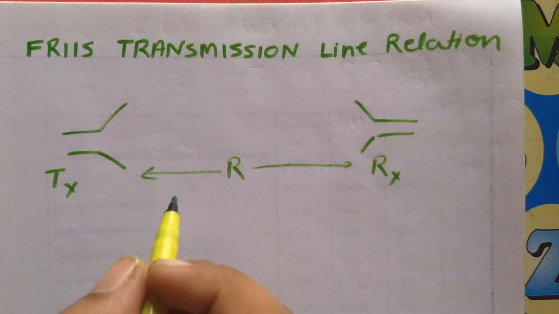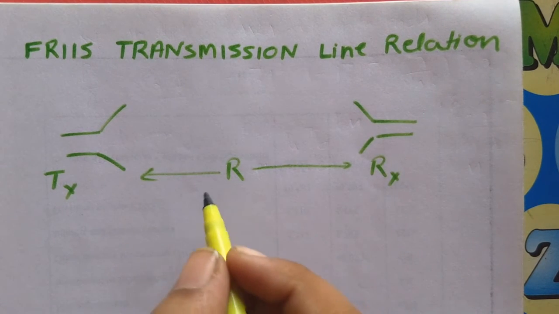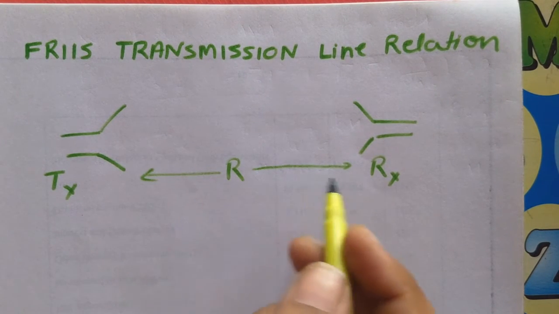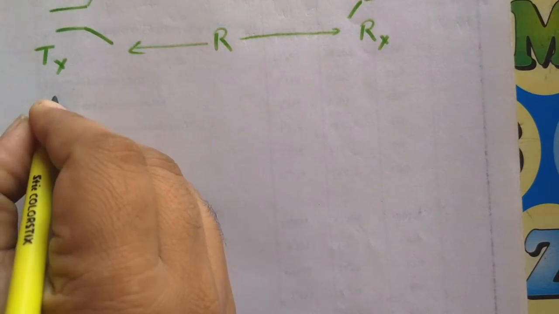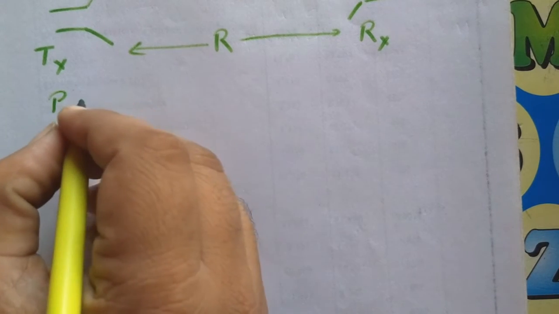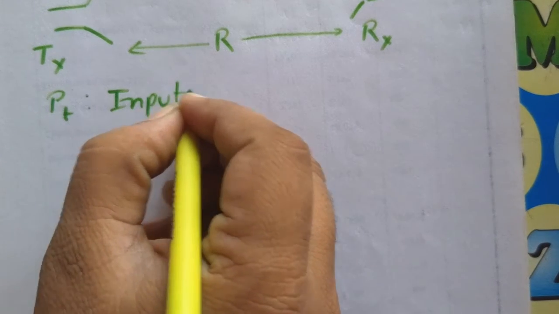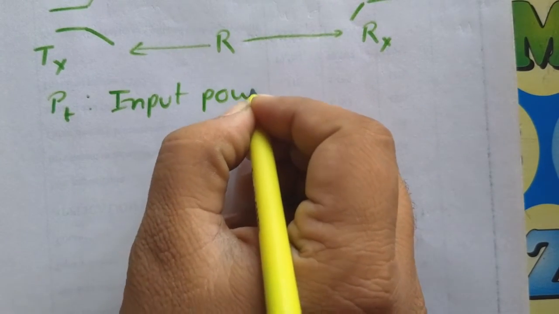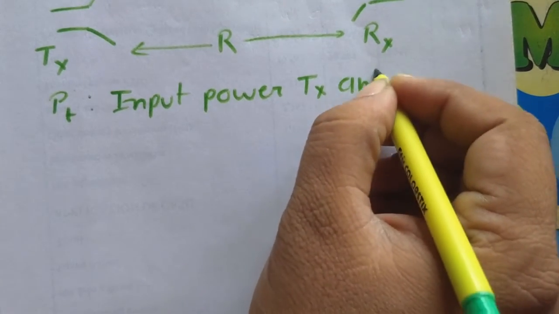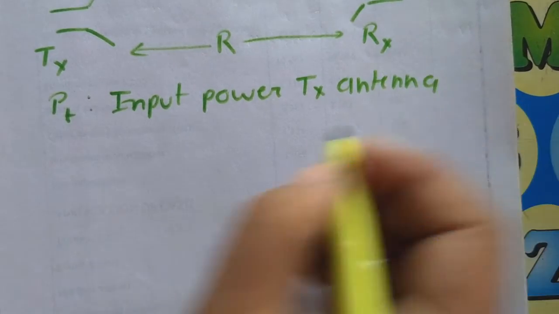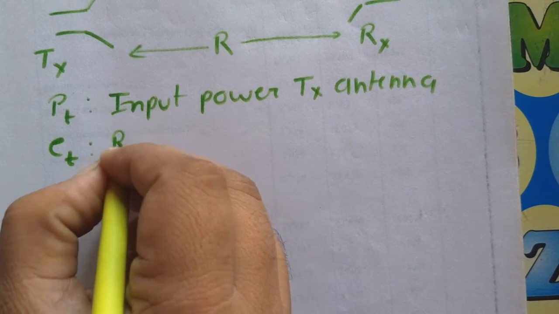Okay, so you can see here this is a communication system in which we have a transmitting antenna and the receiving antenna, and the distance between transmitting and receiving antenna is R. Now in this, PT is the input power to the transmitting antenna. Okay, and ET is the radiation efficiency